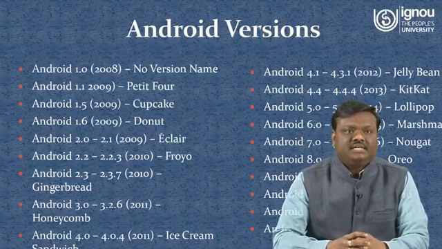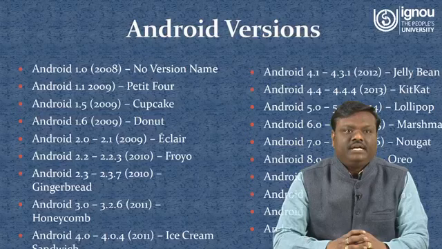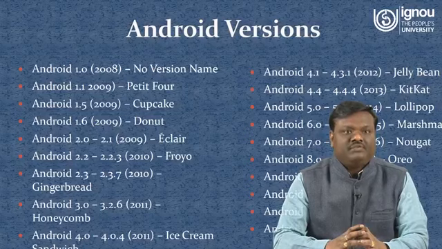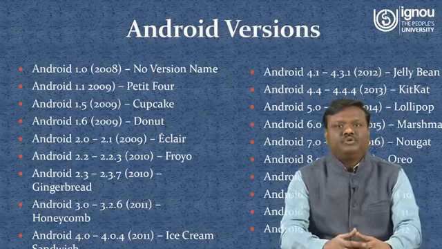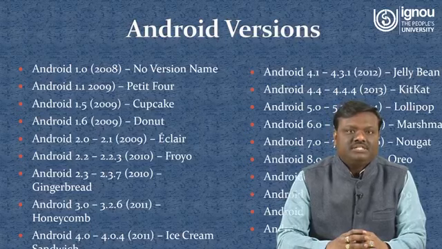So you can see the various kinds of Android versions. Android 1.0 was launched in 2008, and it didn't have any version name as such. However, during the evolution of the Android versions, a wide variety of version names came, which, as I told you, pertain to bakery items. From 2019 onwards, we got the stabilized version of Android 10, which most of our